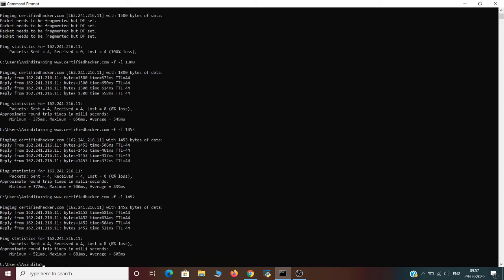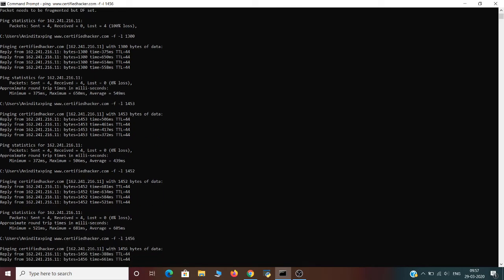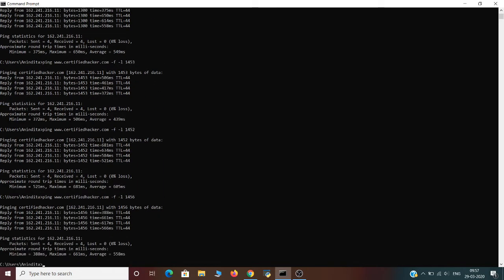Okay, so we can then try this with different values. Let's try with 1456, suppose. Okay, so this way we can try with different sizes, and we can find out the maximum frame size, which will differ from network to network. It will depend on the network.